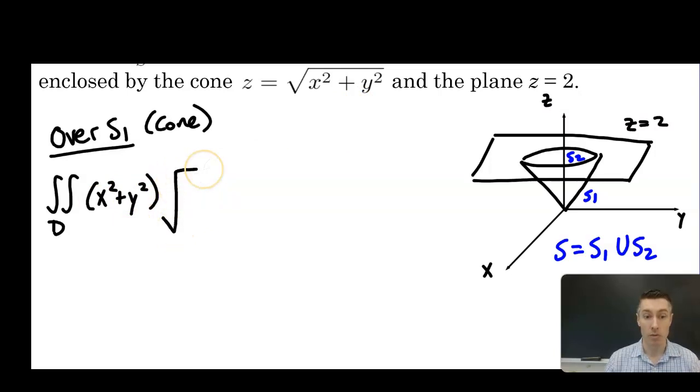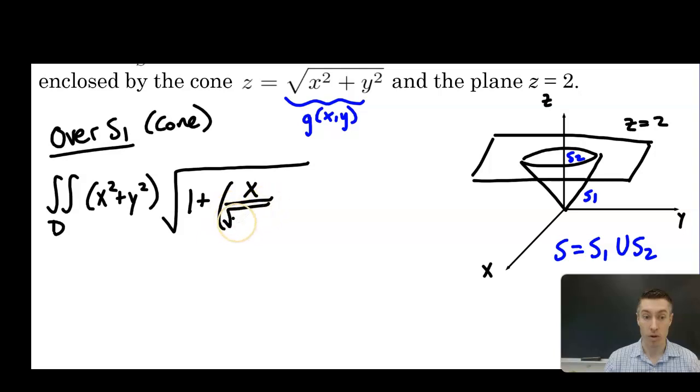Then the square root of 1 plus, so this is what we think of as the g function in that definition, the partial with respect to x is going to be x over square root of x squared plus y squared, and then with respect to y, it's y over square root of x squared plus y squared, squared,